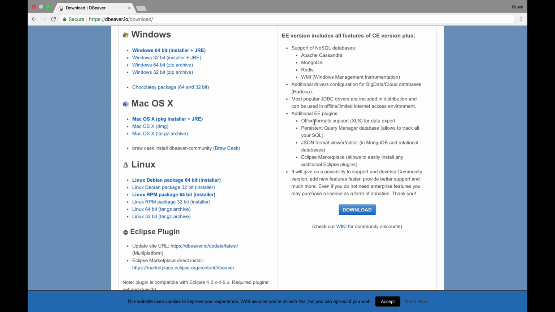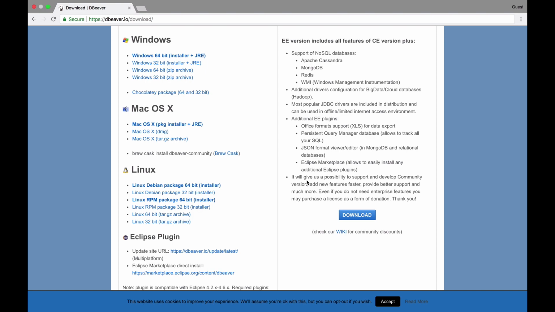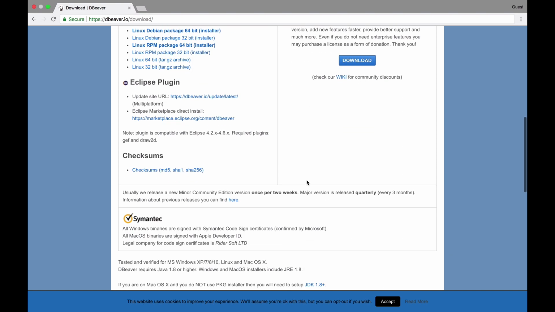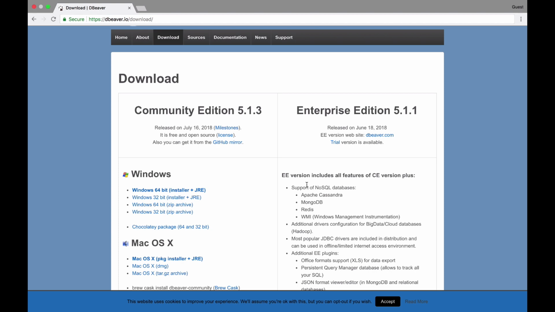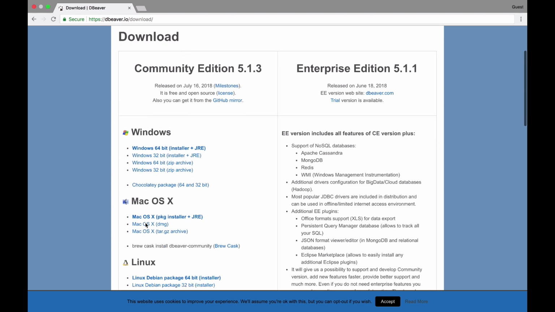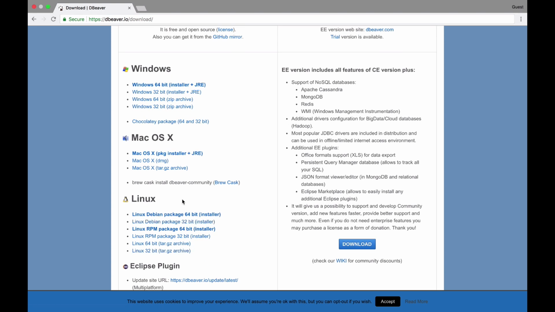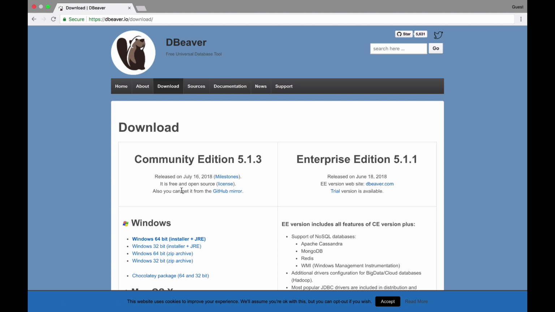You can export data in the form of XLS, and a lot of other plugins are there. Let's not go to the enterprise edition right now. So based on your operating system, you can download the software from this page, but what I am looking out for is